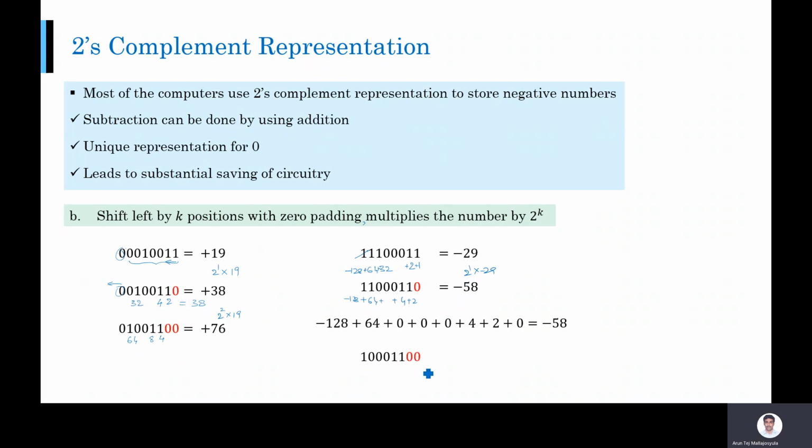Okay. So you shift left by one more position, 2 positions. So you will get minus 128 plus 32 plus 3 plus 4, which is nothing but minus 116. Okay. That is 2 square into minus 29. Alright. So whenever you want to do this multiplication, all you need to do is just shift by the number of positions to the left. The number of positions will be determined by how much you want to multiply. So from the circuitry point of view, we just need shifting to do this kind of multiplication.